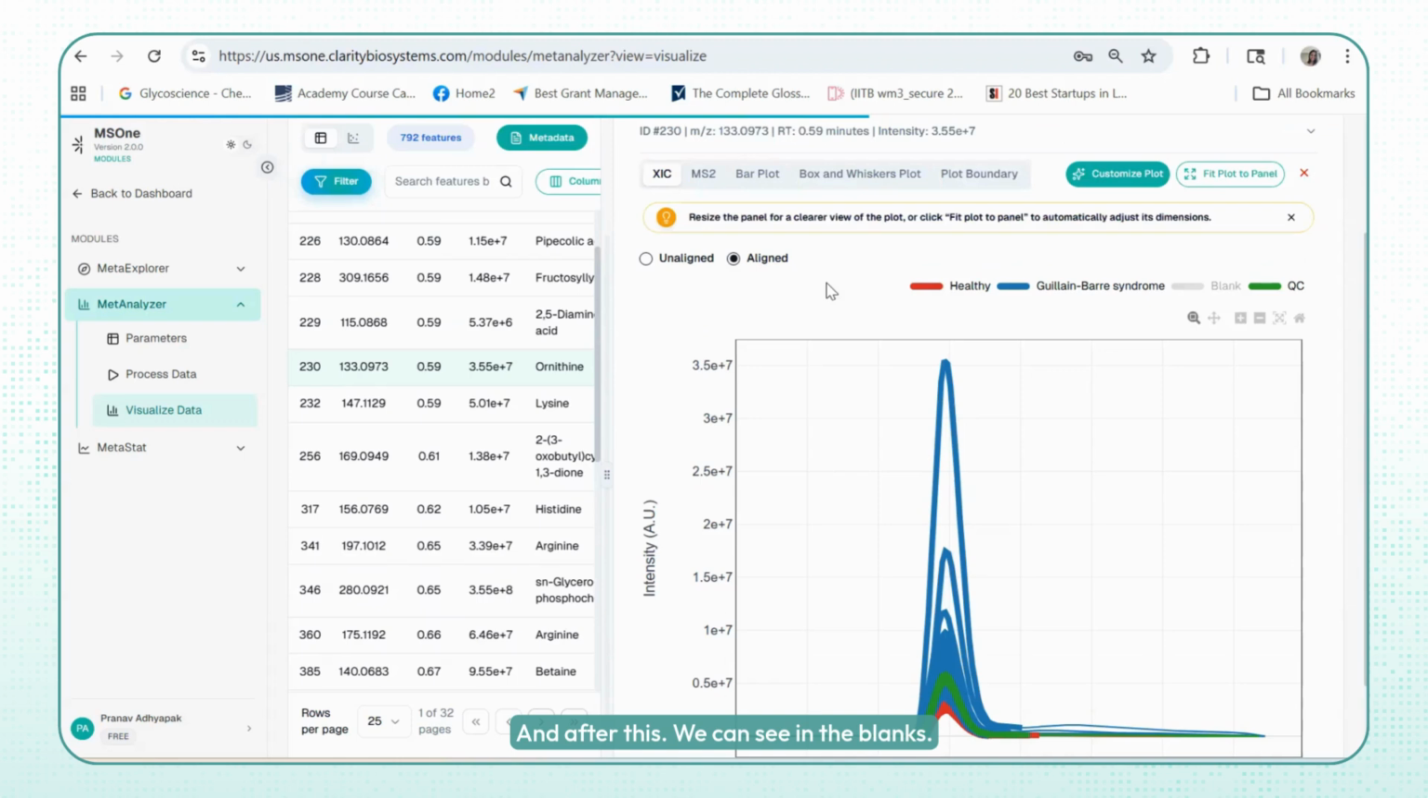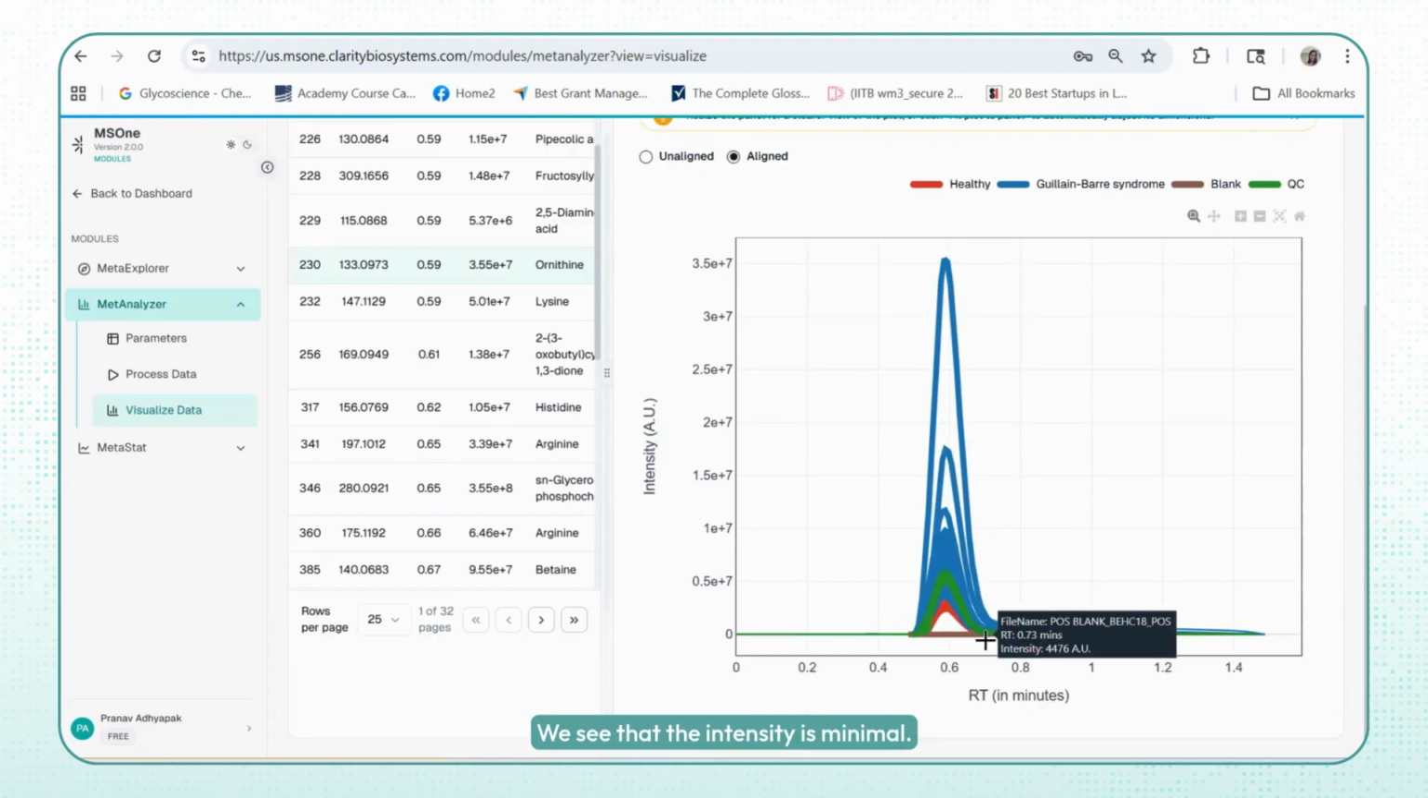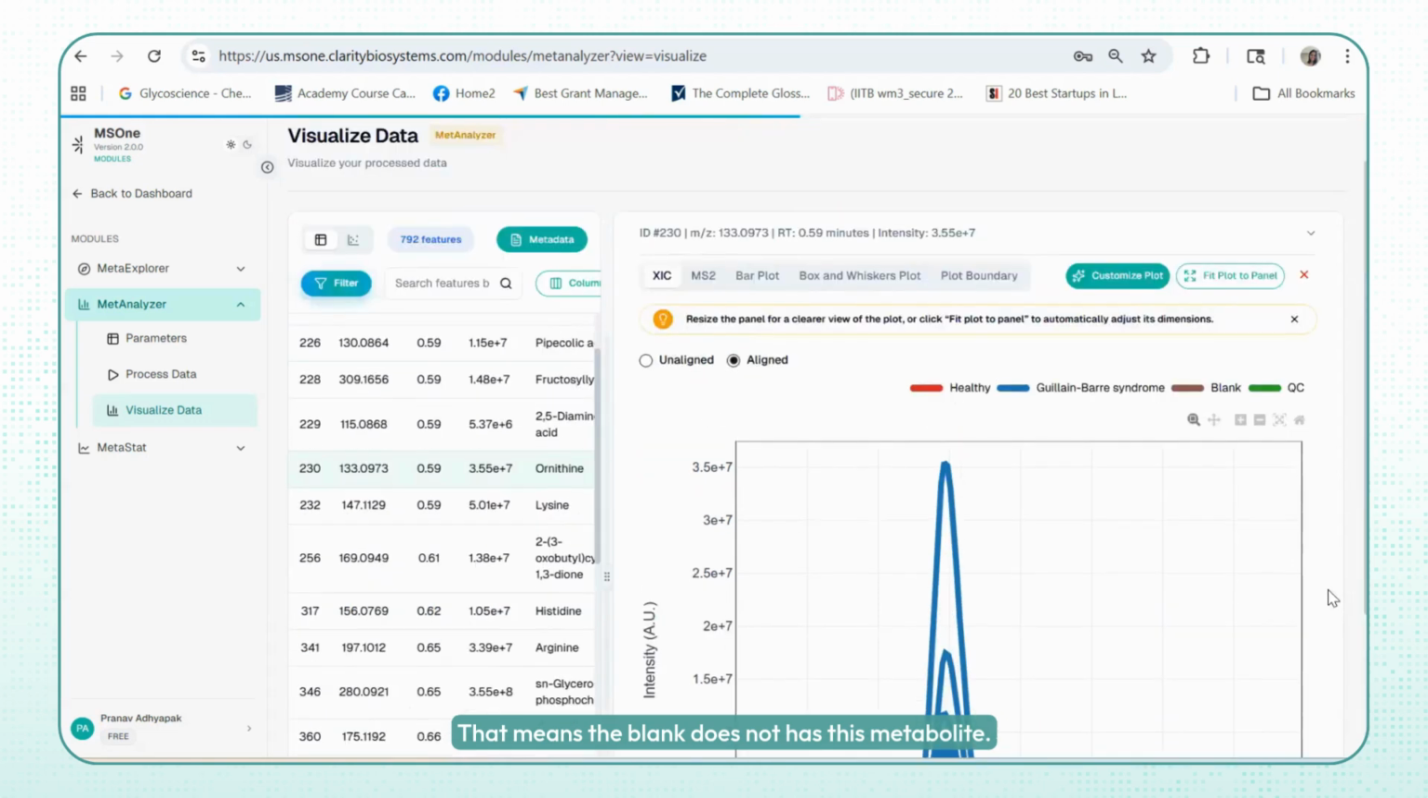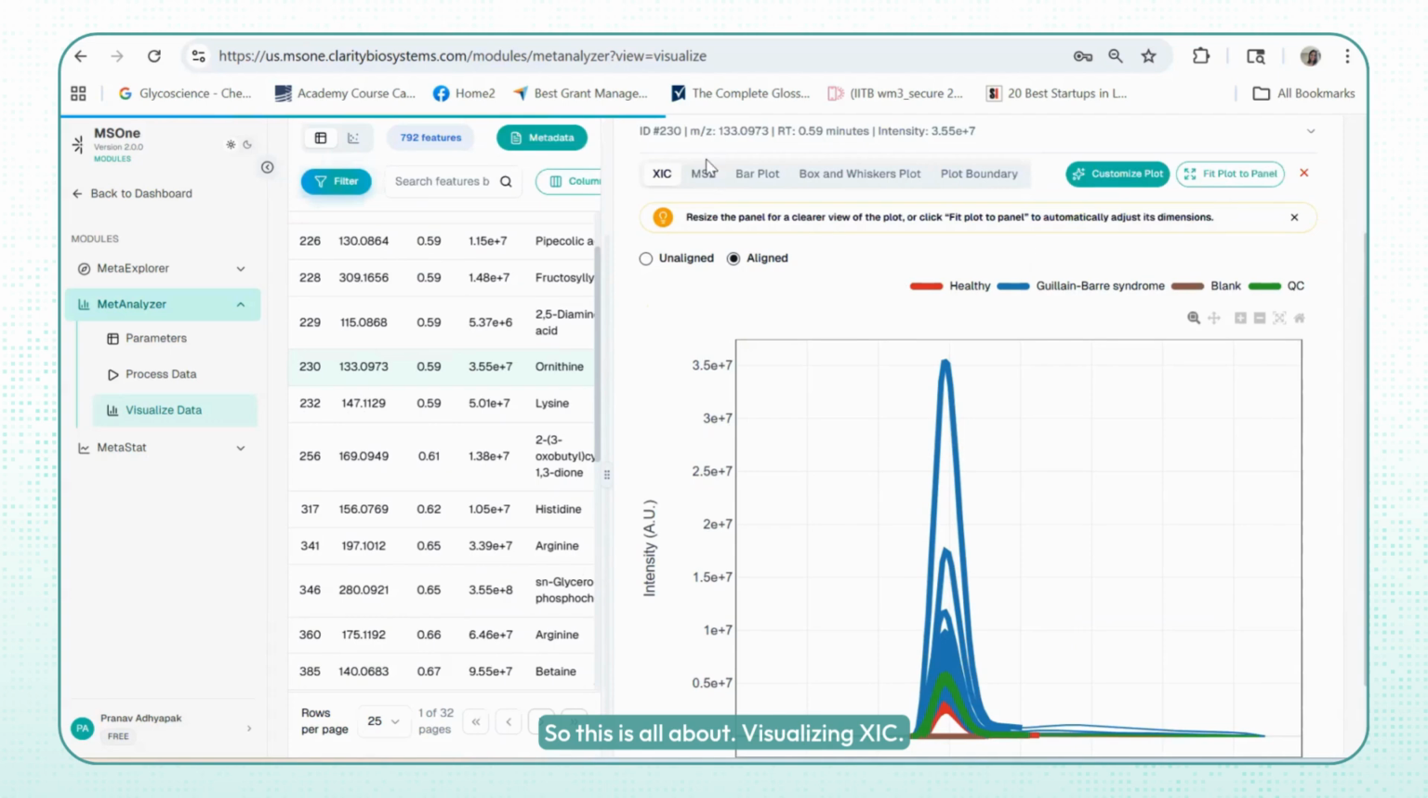And after this, we can see in the blanks that the intensity is minimal. That means the blank does not have this metabolite. So this is all about visualizing XIC. The next tab, if I scroll up, is